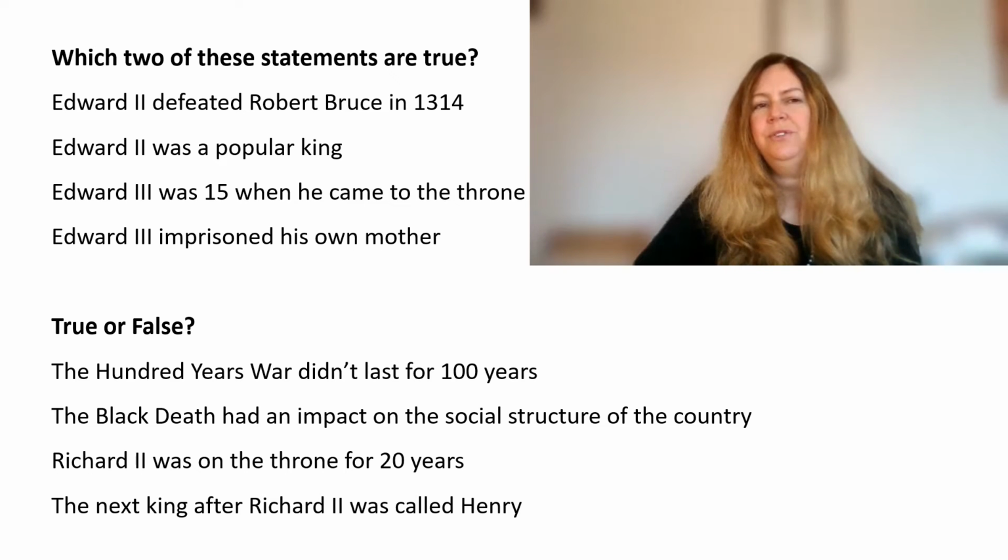The most notable events of Edward III's life were the beginning of the 100 Years' War and the Black Death. The most notable facts about the 100 Years' War are that 1. It wasn't one war, but a series of disputes over who had claim to the French throne. And 2. It didn't last for 100 years. It was actually closer to 116 years.